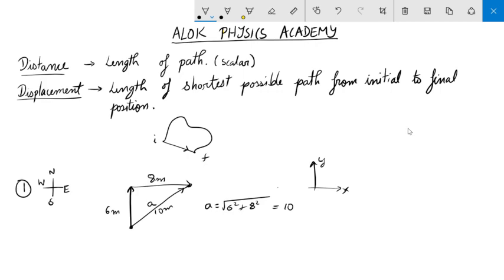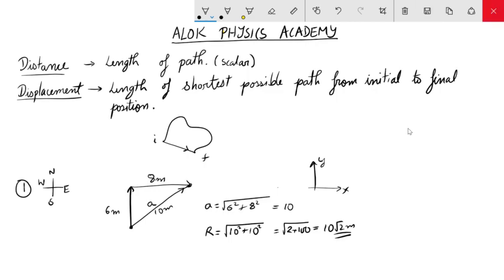Now it will go upwards perpendicular to A, right? So then the net displacement from this point to the final point will be in the air. Suppose the net displacement, the resultant displacement, is r. Now those who are able to visualize will certainly know that r squared is equal to 10 square plus 10 square. That is 100 plus 100, 200. That is 2 into 100. So root of 100 is 10, so it becomes 10 root 2 meters. So this is the correct answer for this.